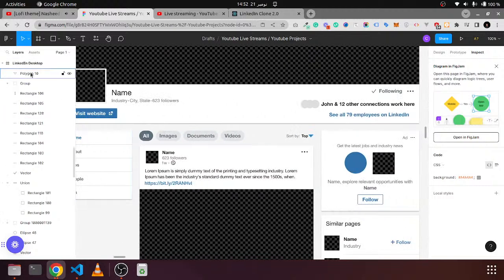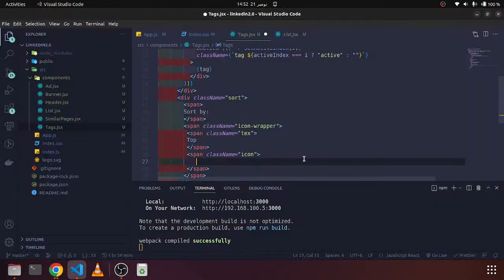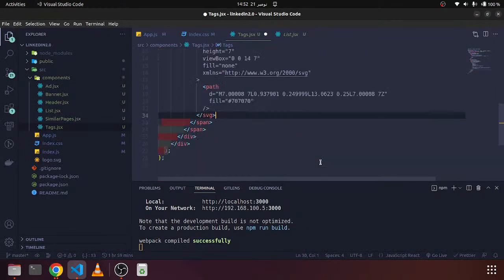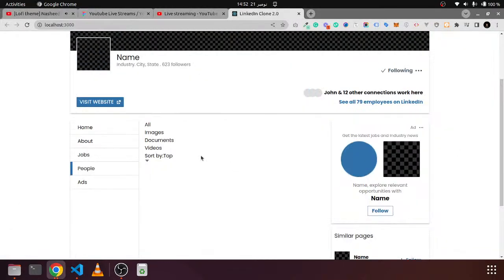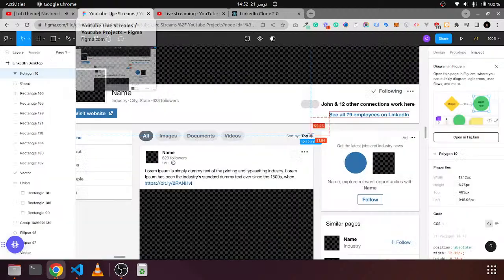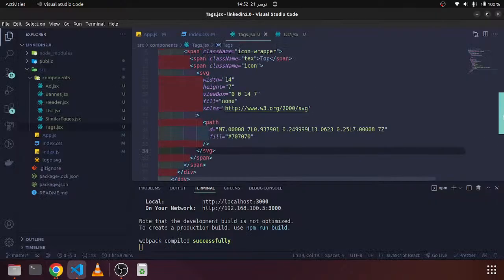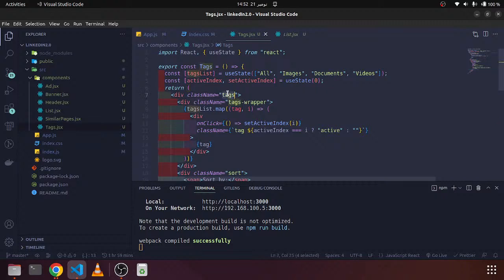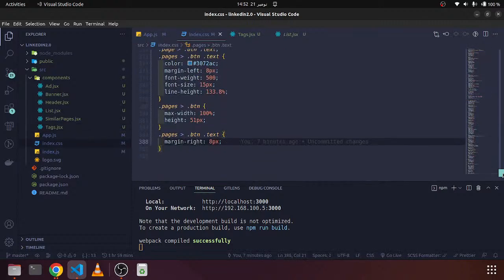Let's copy that polygon, copy as an SVG, paste that here, and preview this whole HTML. Yes, here we have it. Now let's style that whole thing. We have tags. We can come here in the index.css file, I should say